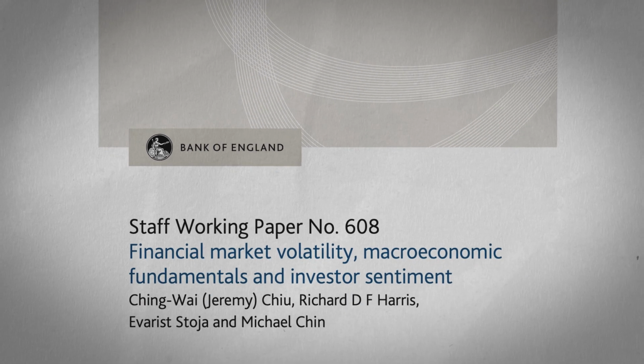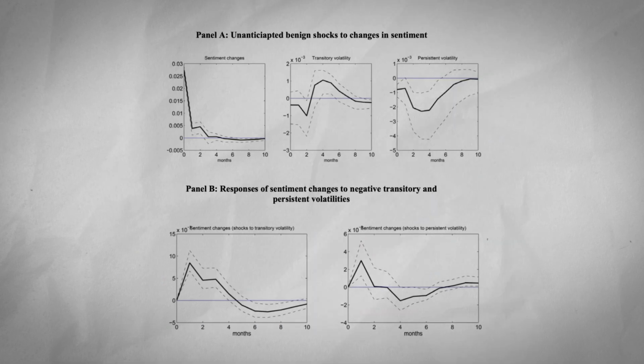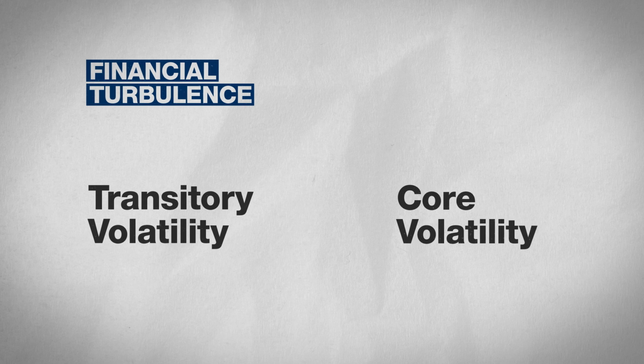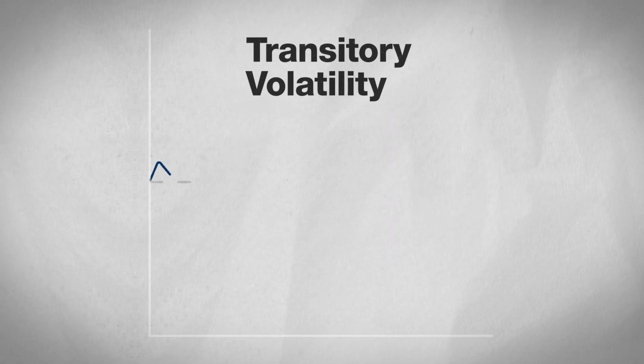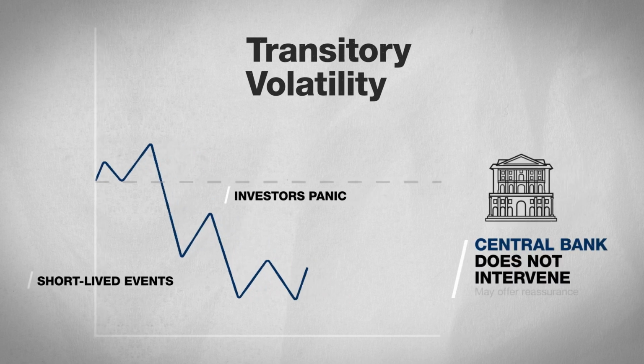We explored ideas about how to model turbulence and analyze its many economic implications, and developed an analytical framework to study the problem. Central to our insights was identifying two forms of financial turbulence: transitory volatility and core volatility. Transitory volatility refers to short-lived events caused by reactions from jumpy or spooked investors. In these cases, there is no need for central banks to intervene other than perhaps offer reassurance, which generally calms